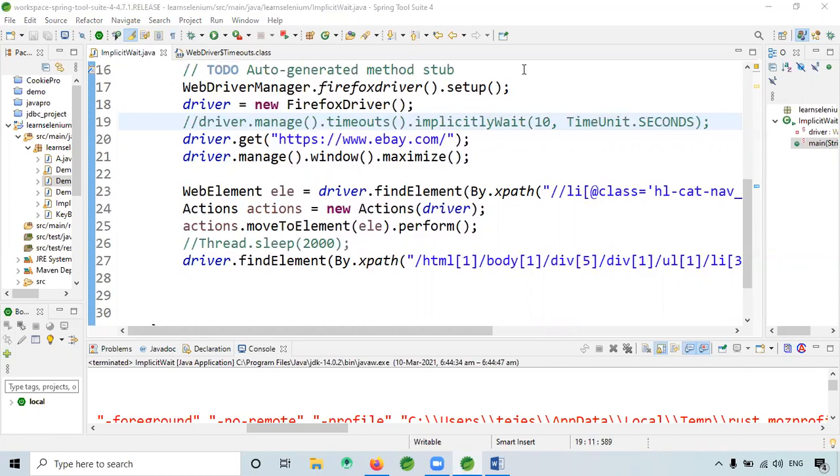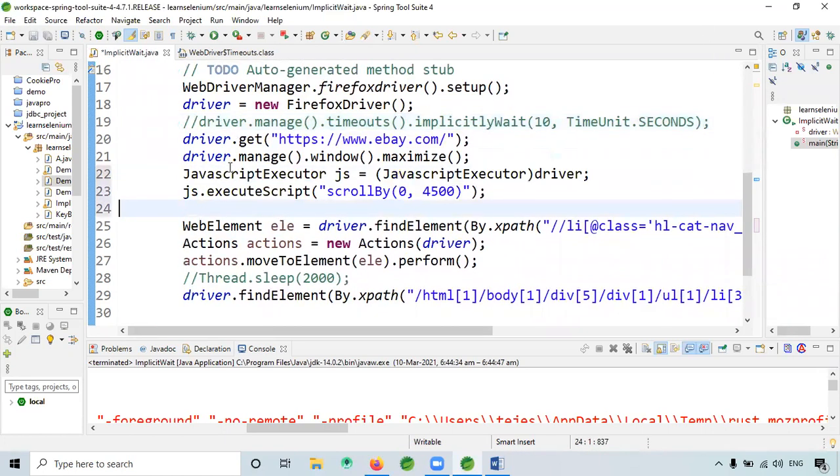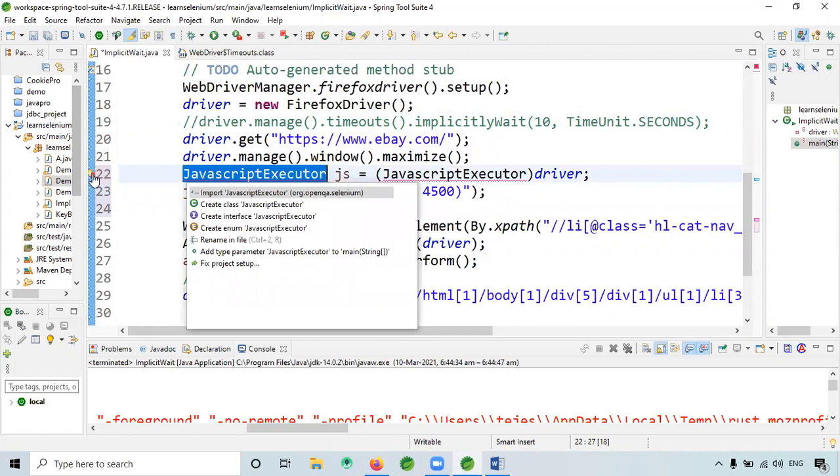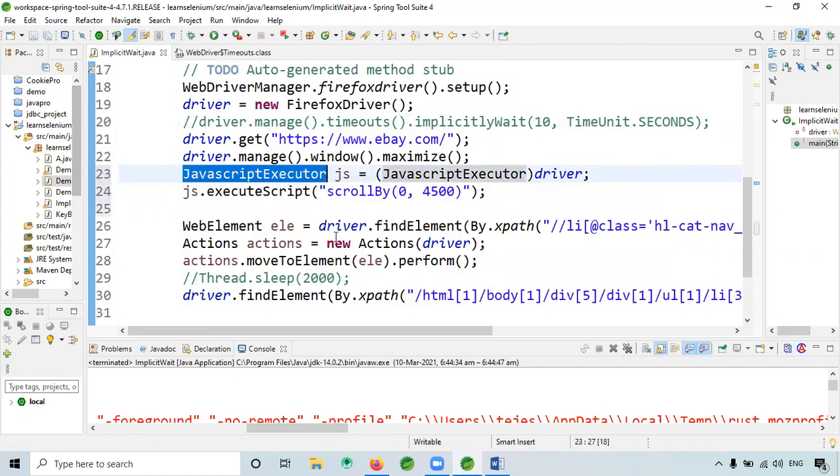See, like this. Scroll by 0 to 4 means, actually, what you are doing is giving the coordinates, the x-axis and y-axis, to scroll down the web page. When I wanted to scroll down to some location, I was testing this one. This script scrolls down to that location, and I think there was an image, so I used driver.navigate to this.